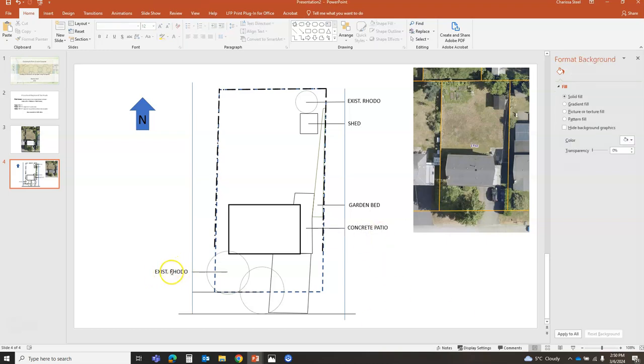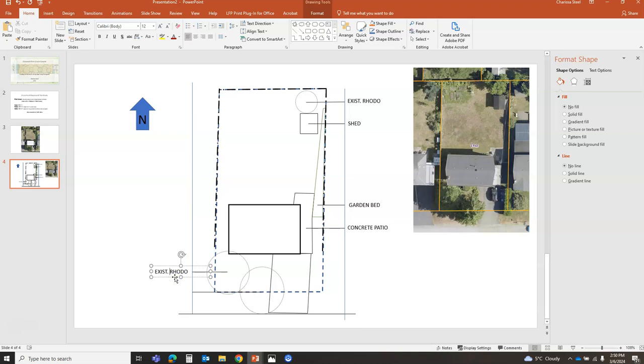This is existing. I think this looks like a cedar. So we'll call it a cedar. And then I want one more fir. Looks like a Douglas fir in the picture. I don't really know what it is. So I'm going to try and line up these two text boxes so that the R's are the same distance from the line. Now I'm going to copy and paste this one more time,